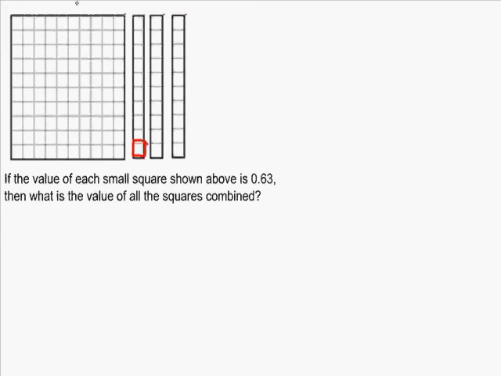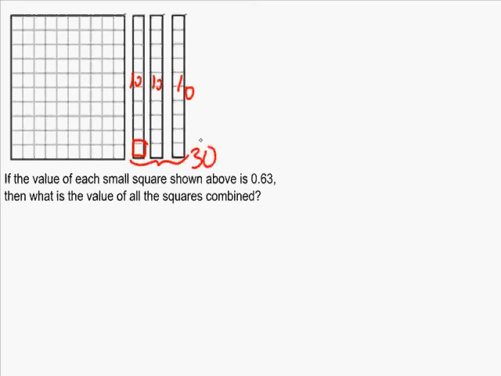So it seems like to solve this problem, I need to figure out how many small squares there are, and then multiply that by 63 hundredths. So let's see how many small squares there are. Looks like in each of these rods there are 10 small squares altogether. So I'm going to put 10 and 10 and 10. So that's 30